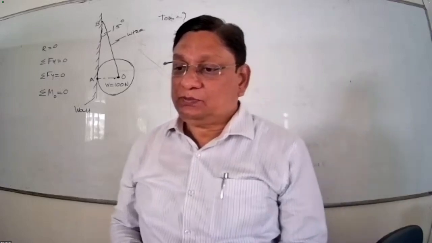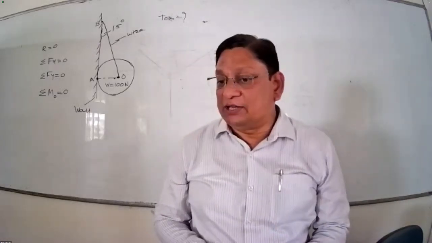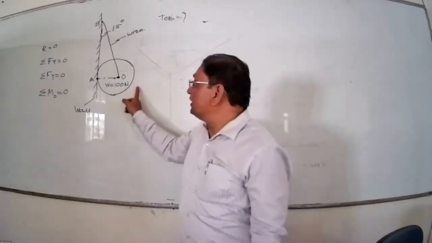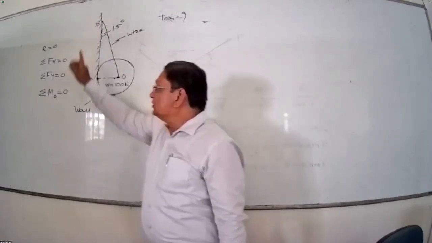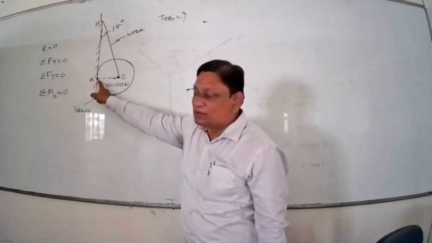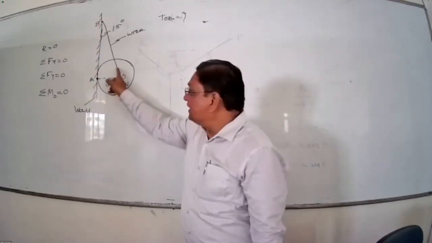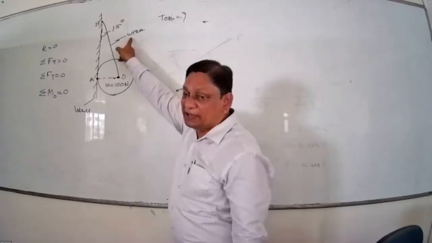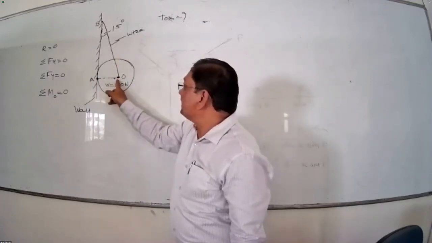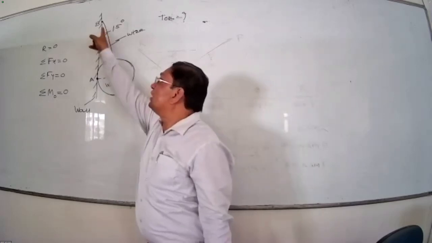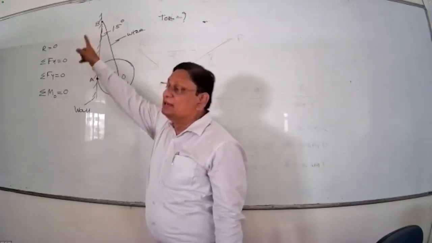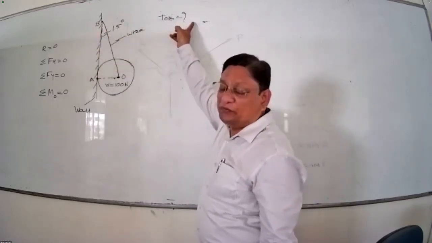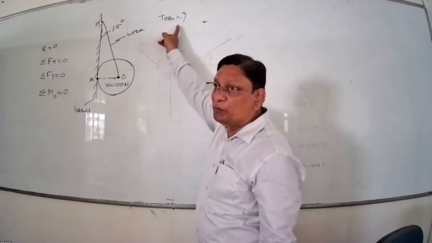A cylinder of weight 100 Newton is given. It is supported against a vertical wall. The contact point is E. Center of the cylinder is O. And that cylinder is connected by a wire which is connecting the center of the cylinder with the wall, and that cable is OB. He is asking how much is the magnitude of T_OB. T_OB means the tension in cable OB.